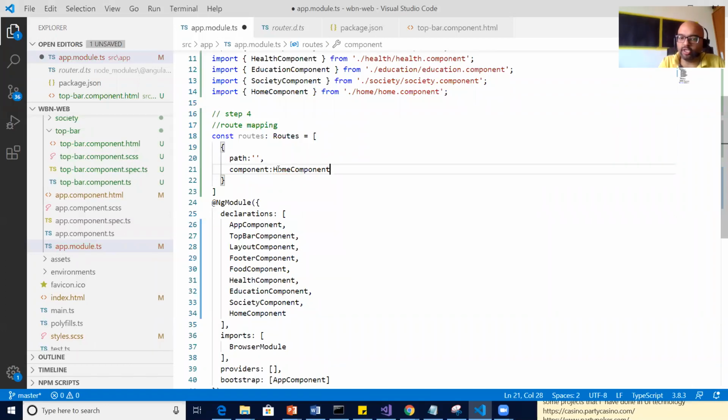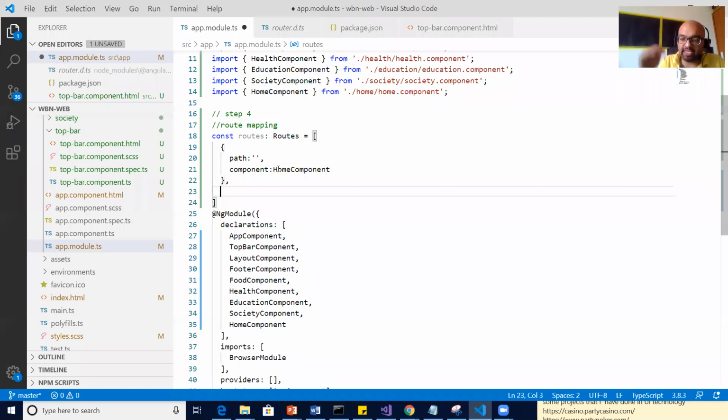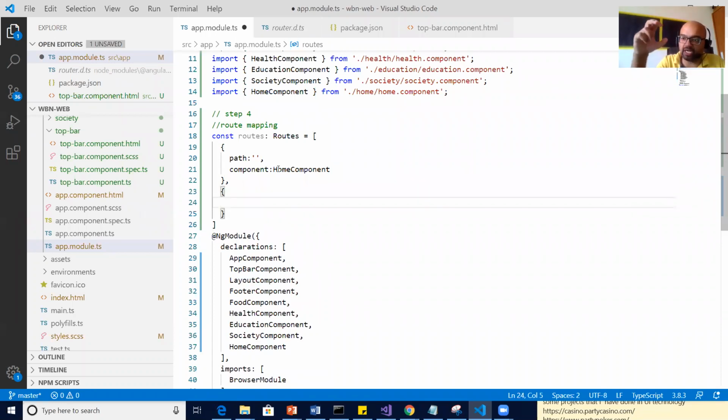That's my first mapping. Next mapping, and the sequence matters, guys. If it finds something at the start, it will not come to the end. So it's like step-by-step mapping. Second is path, and in the second path I say food. When the route name is food, then what should you do?